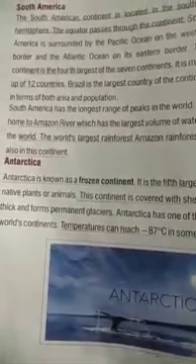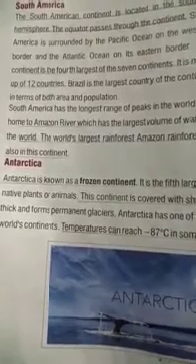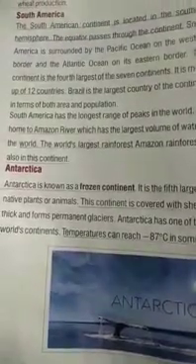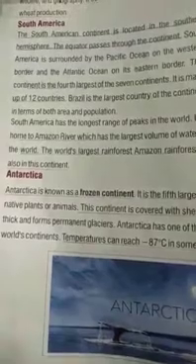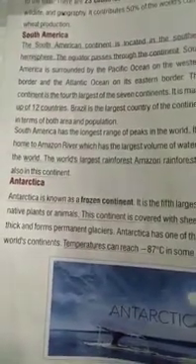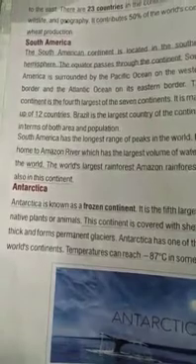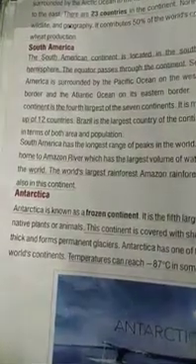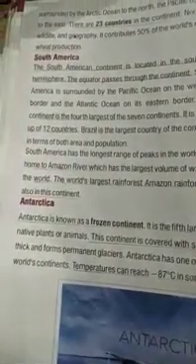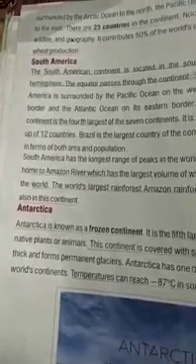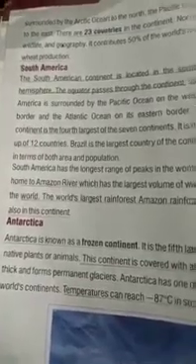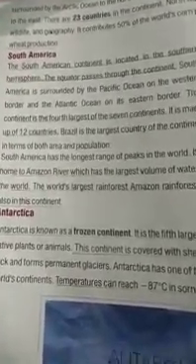Okay, let's proceed with our next continent. This is the last continent, Antarctica. Antarctica is known as a frozen continent. Underline this point. Actually, it is covered with ice, so much snow and ice is present over there, and now it is permanently present. So this ice and all the snowy area became glaciers. This is glaciated area. So that's why that continent is referred to as the frozen continent.